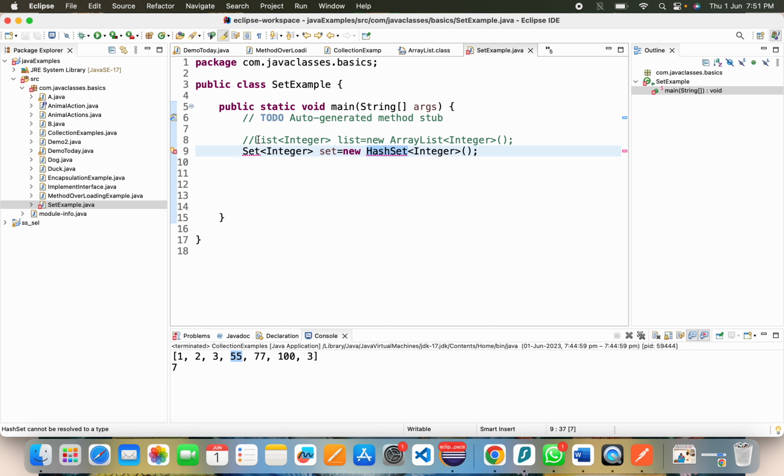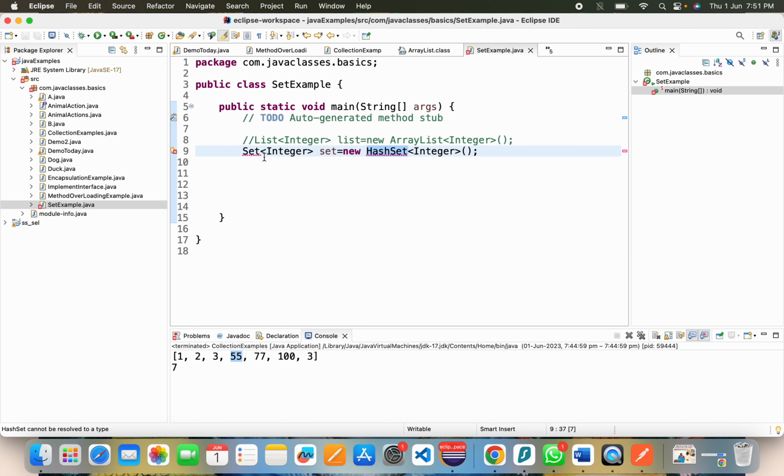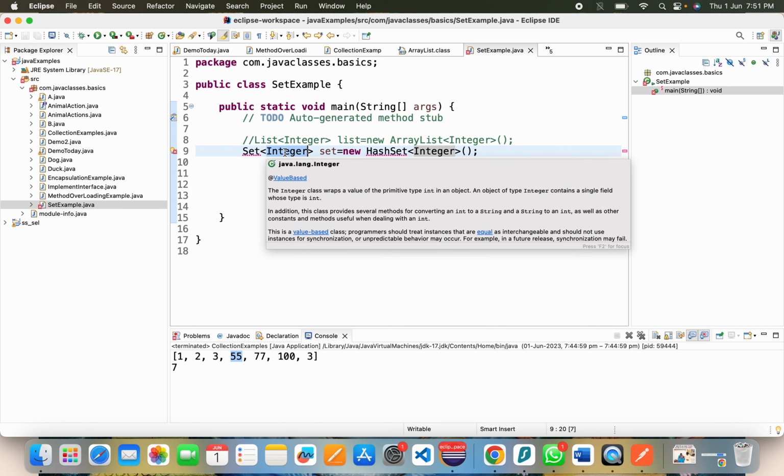Okay, array list ki set ki same syntax, Object creation syntax only. It's just like class name variable equal to new class name. It's same. But instead of class name, you are referring to your parent, which is set. Okay. And I'm trying to create a specific type of set which stores only an integer type of data. So in angular brackets, beside the class and interface, I have to give that wrapper class, which type of data